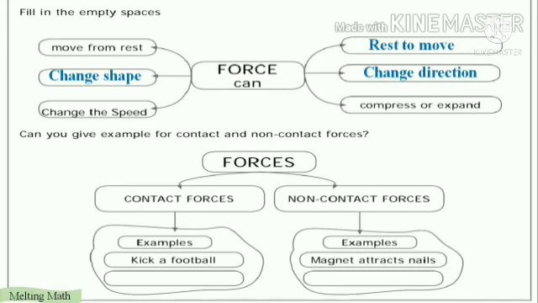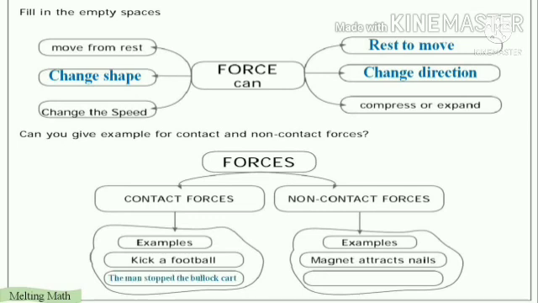So the first one, contact force, is animate force. Here, kick a football, a man stopped the pull cart. Next example, magnet attracts nails.